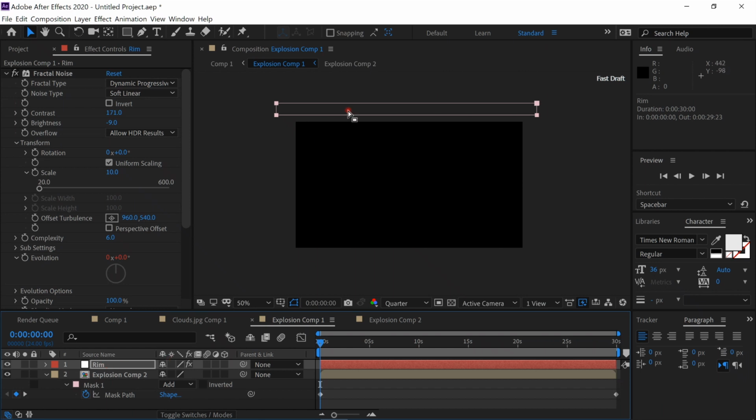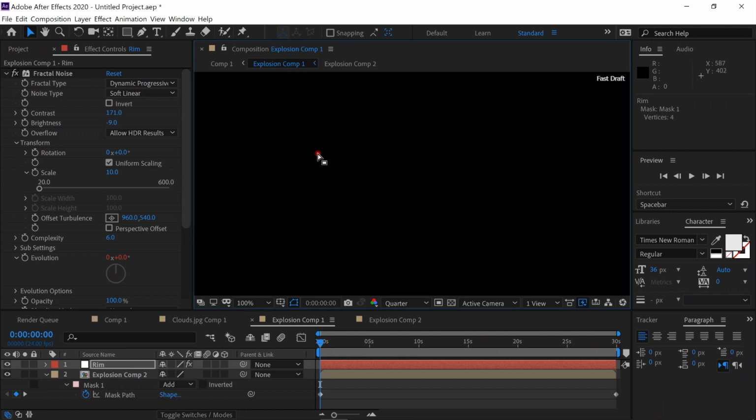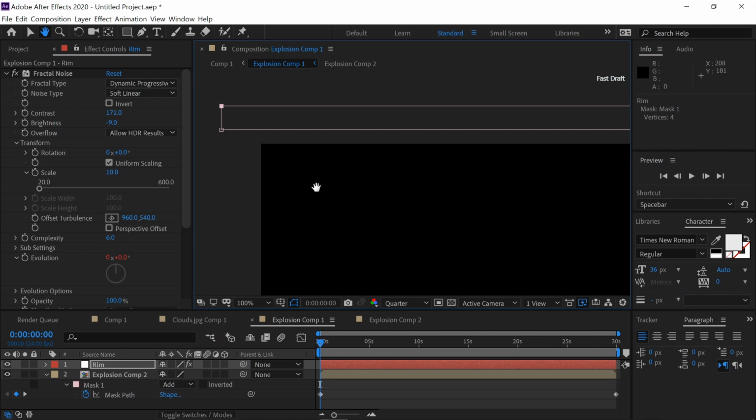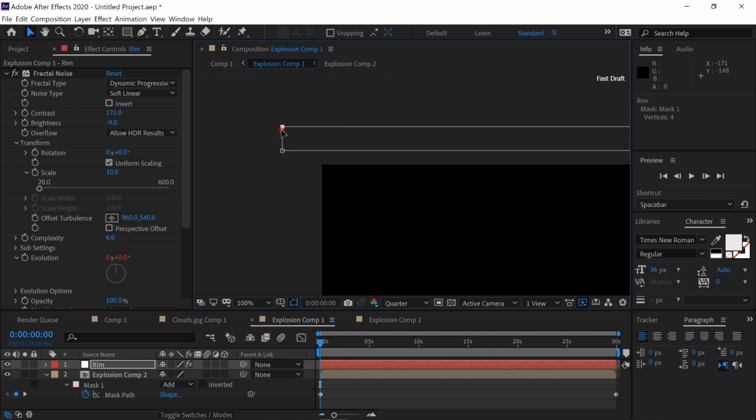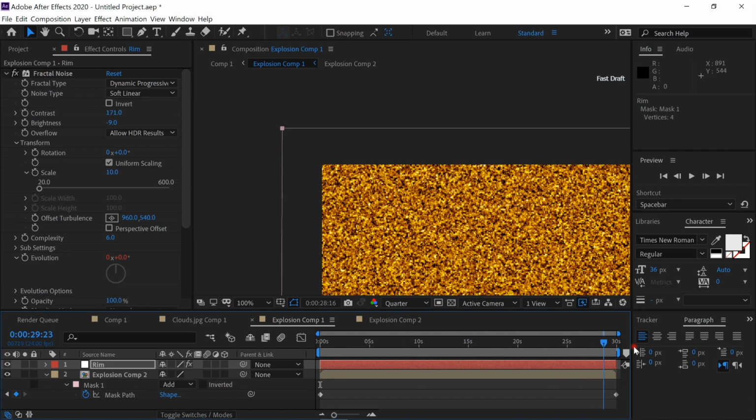Now what we want to do is click in the middle again to unselect the points. Then select the top 2 points, hold Shift and select the second one. And then zoom in and hold down the space bar to pan up. And let's move the top down to just above the screen, a very thin strip. There. Now let's go to the end of the timeline